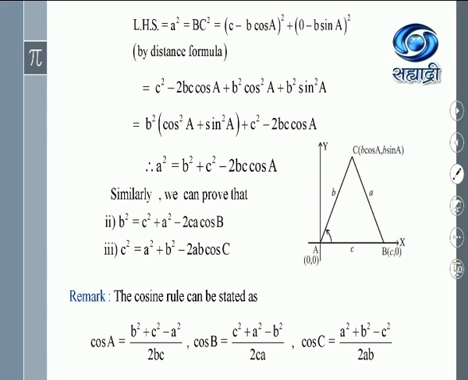Similarly, how will you find the formula for cos b? Now concentrate on the second result. Write down this term to LHS. That becomes 2ca cos b, which is equal to c square plus a square minus b square. Then cross multiply this term to RHS in the denominator. So you will get cos b is equal to c square plus a square minus b square upon 2ca. Clear?